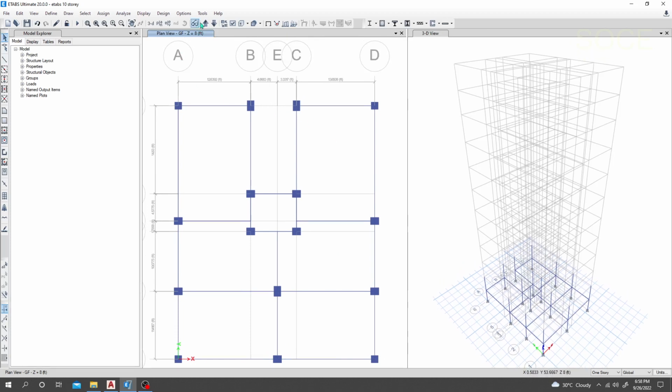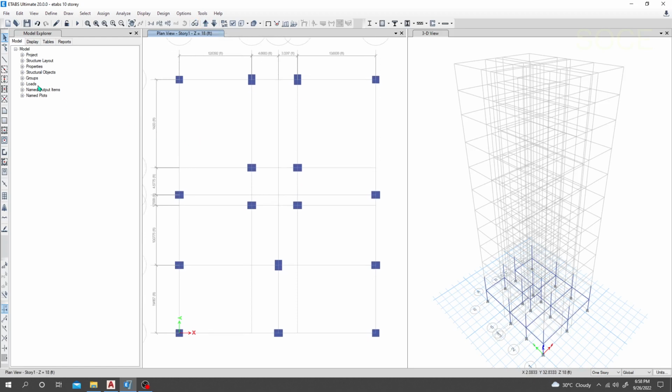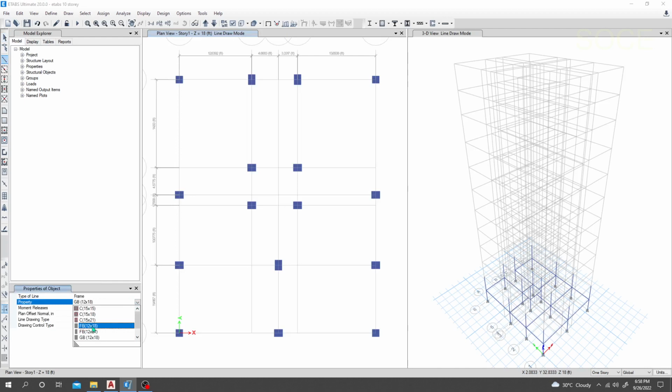Okay. Now I'll go to our above floor. Similarly I'll do it in that same way. I'll click here, take that option, and from here I'll select floor beam 12 into 8 inch for first time, as it's a 10-story building, from that point to that point, here, here, here,